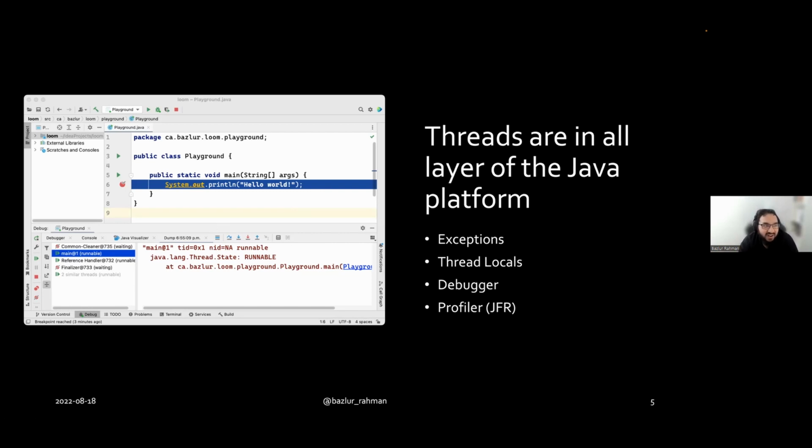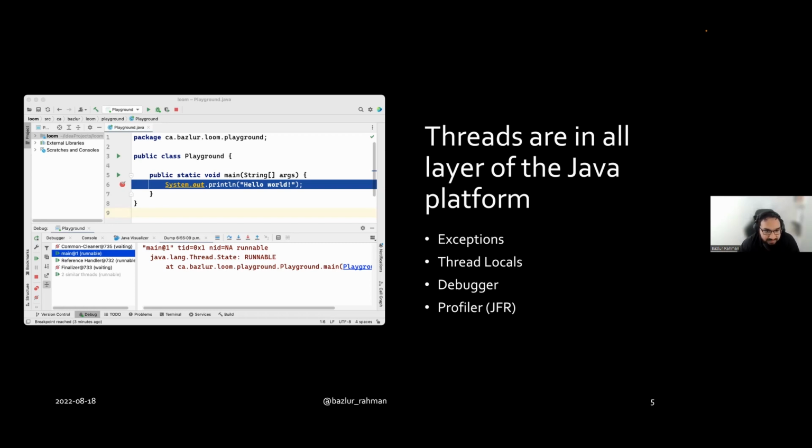That's interesting. All right. So apart from that, if you want to see the exceptions and stack traces, we get those by means of threads, right? Thread stores all these stack traces, and then we can print them or analyze them, whatever we want to do, right? So if we need a debugger, that's threads. If we need to profile and all sorts of things, basically we use threads. So again, I'm just reiterating the information I shared in the earlier slides. So far we have established that fact, right?